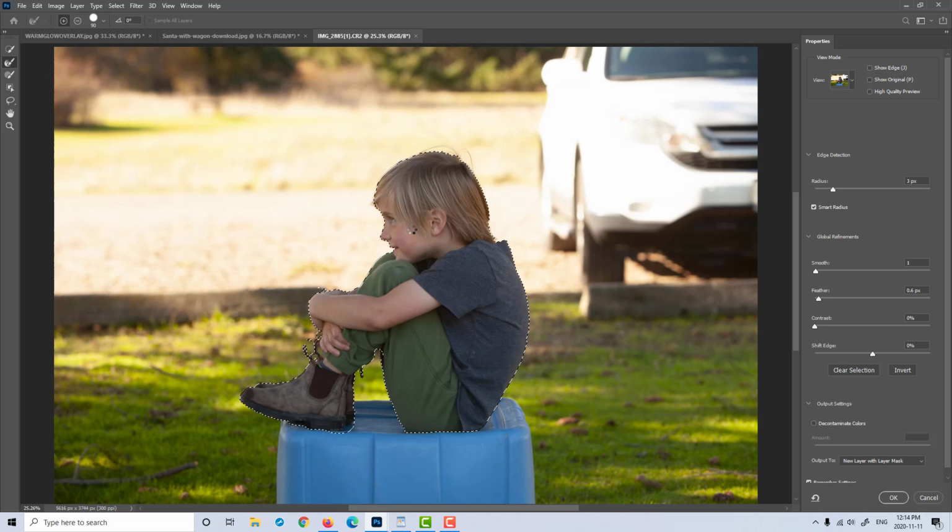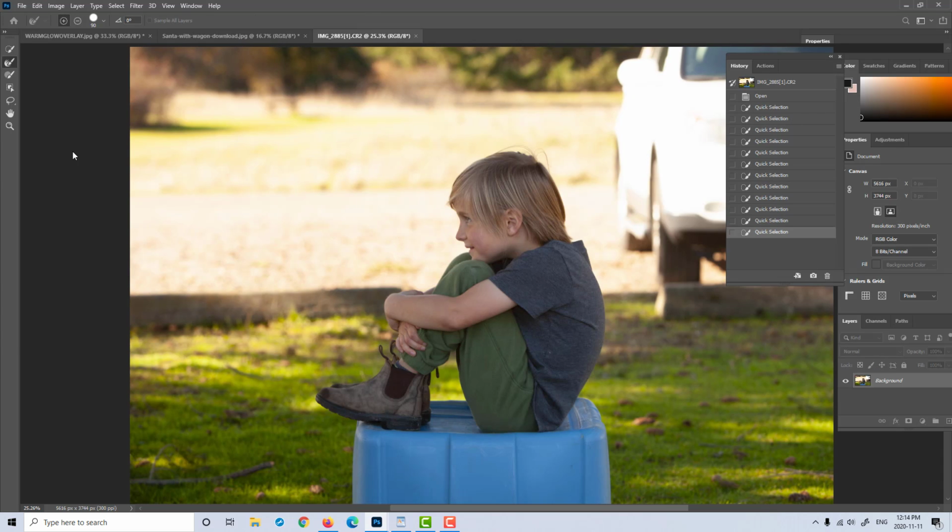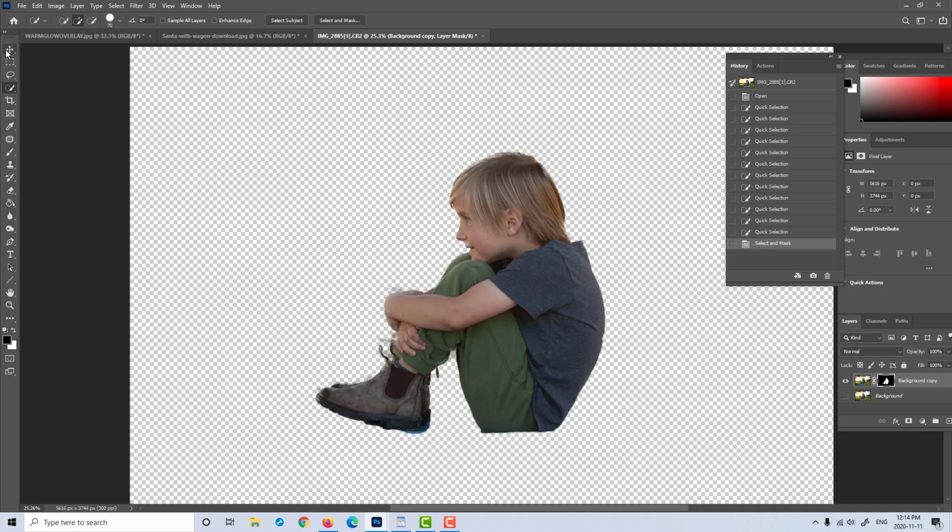And this does take up a lot of RAM, so be prepared to wait a little bit. Sometimes it lags. Okay, so now we're going to export this once my computer catches up. And we're going to New Layer with Layer Mask and click OK. And it's not a perfect selection, and that's no big deal. We can refine it once we've dropped him in